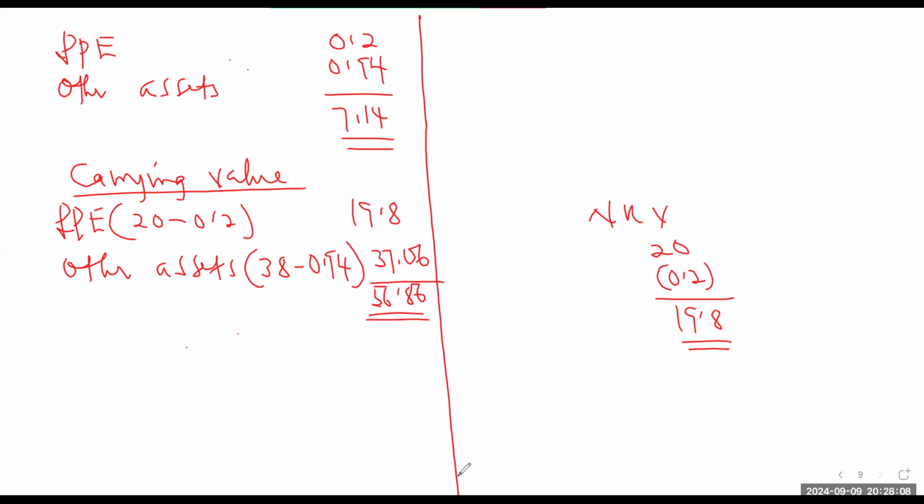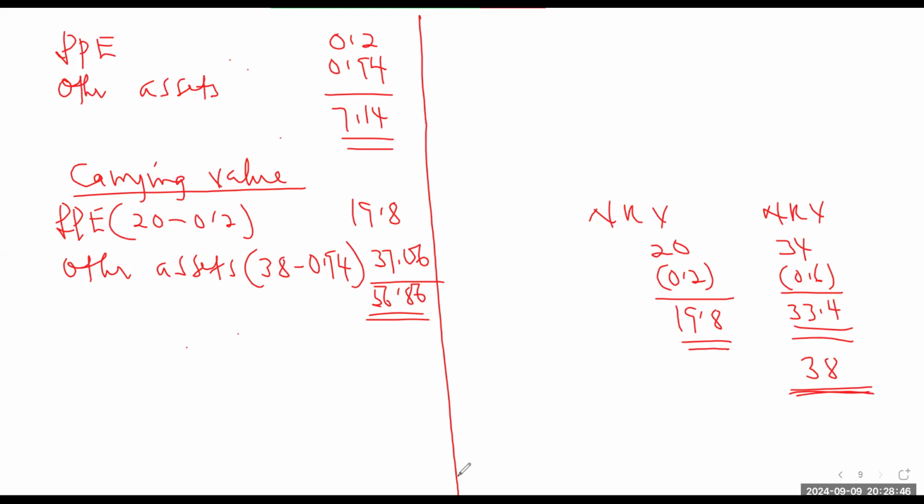If you look at the net realizable value of the other assets, it will be 34 against 0.6, and that will give us 33.4. Don't say that you are going to compare 33.4 against the carrying value, because then you'll be writing this particular asset down. We are going to share only the actual impairment among them. Although it has impaired more than that, the question is telling us that the impairment is